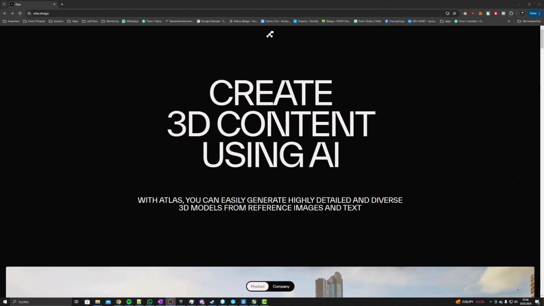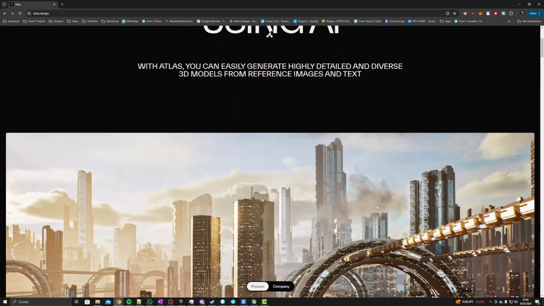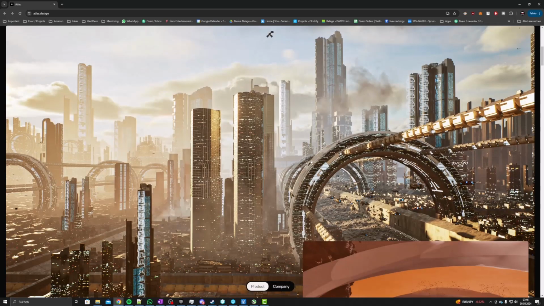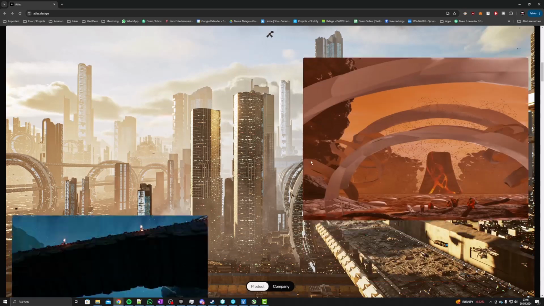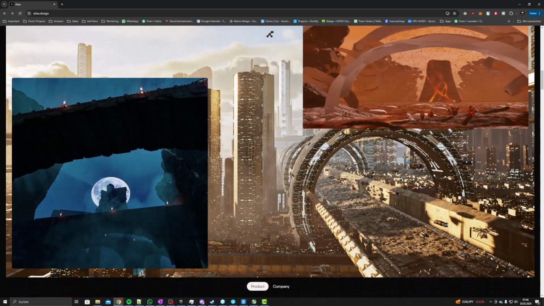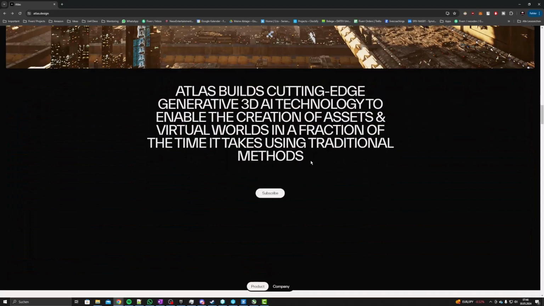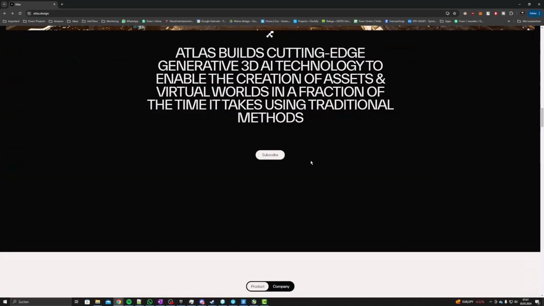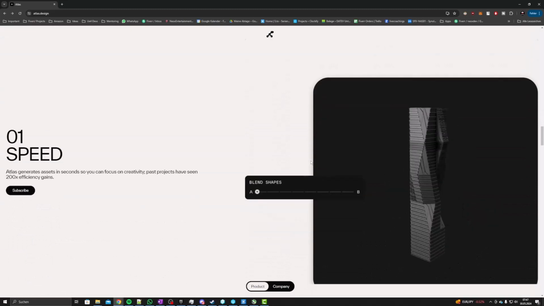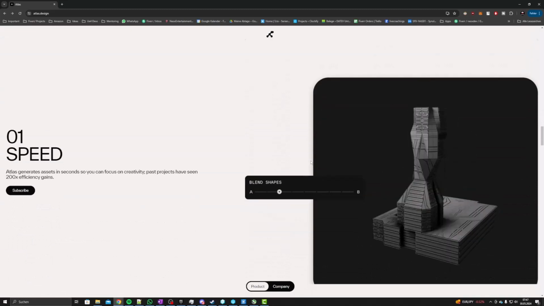Today I will show you how you can create 3D models and later even full worlds in Unreal Engine with just a few mouse clicks. Today we are talking about Atlas, a revolutionary AI tool for 3D artists and game developers. Atlas generates high detail and diverse 3D models from reference images and text. This tool simplifies and accelerates the creation of 3D assets and virtual worlds, so it's ideal for games, films or